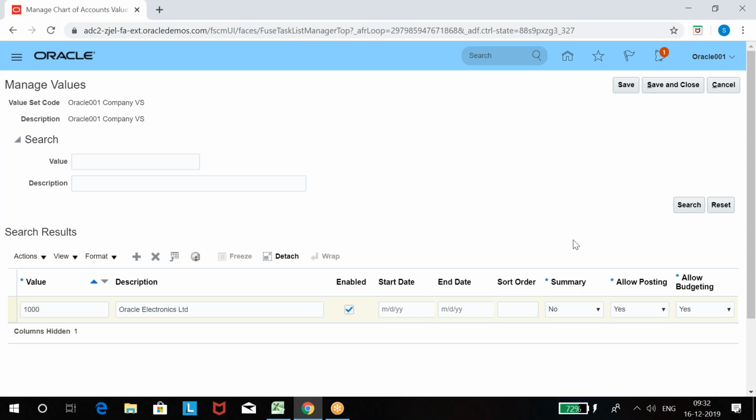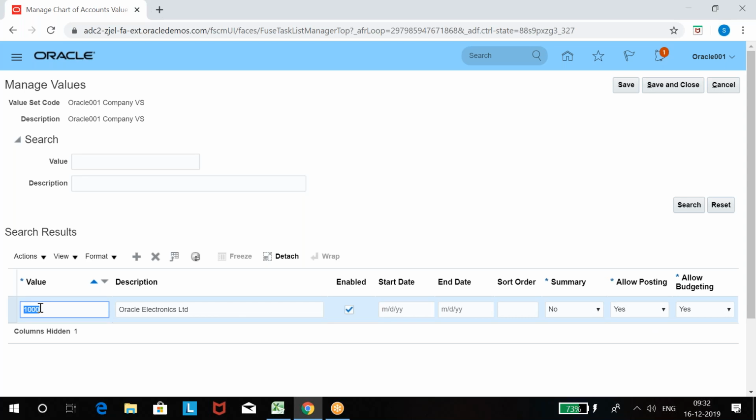Okay. There are so many reasons. I'm giving you examples now to make you understand what exactly this summary option is. Here they have given it as summary, but in EBS it is called parent. The name is replaced with summary. Allow posting, yes. See, with this value we are going to create accounts. So of course we post values, right?